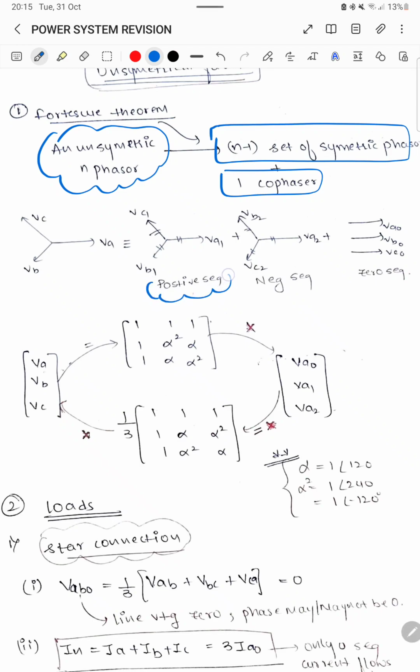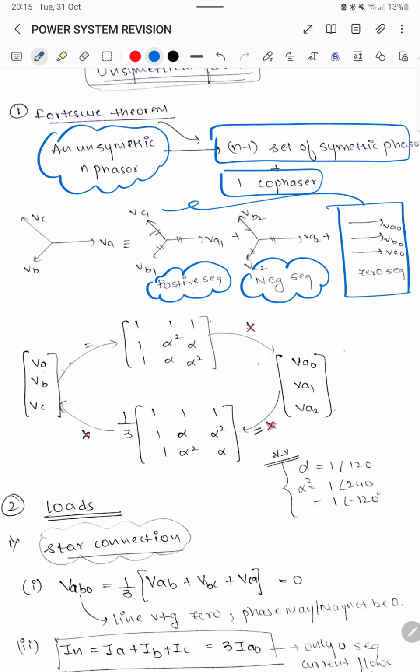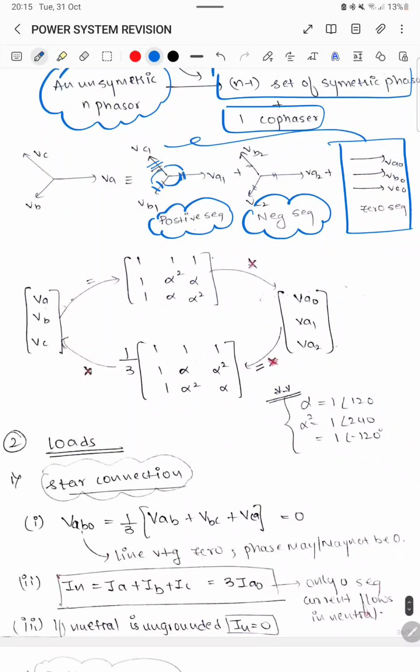The 2 sets of symmetric phasors are the positive sequence and negative sequence, and the zero sequence is the co-phasor. We call the positive and negative sequences symmetric because they have equal voltage magnitude and are equally phase displaced. Now coming to the conversion formula, when we have VA, VB, VC parameters, that is unsymmetric parameters,